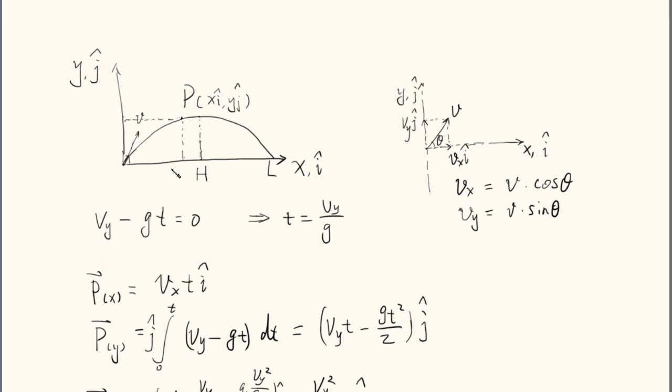This is the horizontal speed. The horizontal speed will be steady, and the vertical speed, velocity Vy, will change with the acceleration minus g, because it is moving upward, and the acceleration is downward. So the